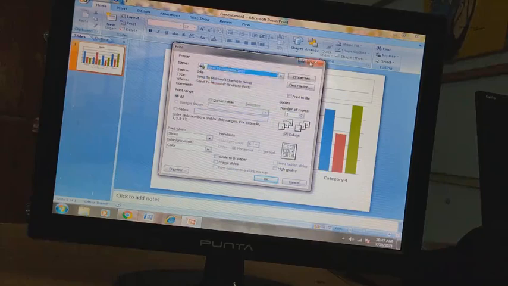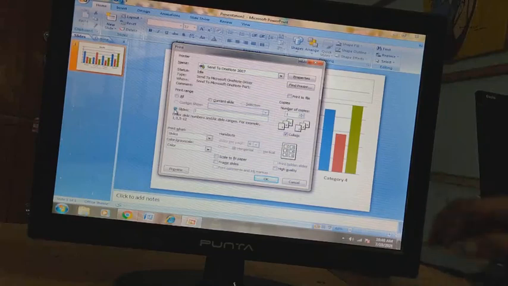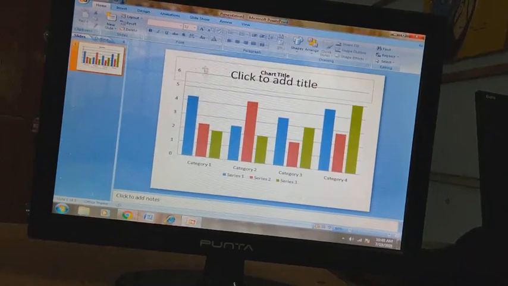And if you want to give the range of the slides, you can give the range here. If you don't want to print every slide, you can give the range from here, like suppose 1 to 5, you can give it here. Like here we are not getting a range just because there is only one sheet, so we can give the range 1 to 1. It will print the first page. Like this you can print your whole PPT.